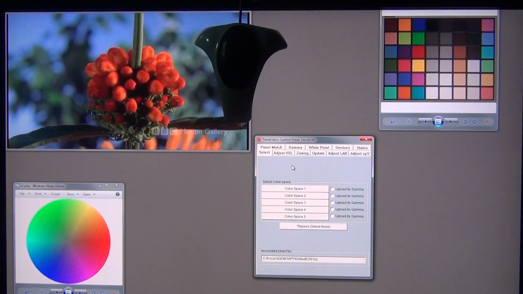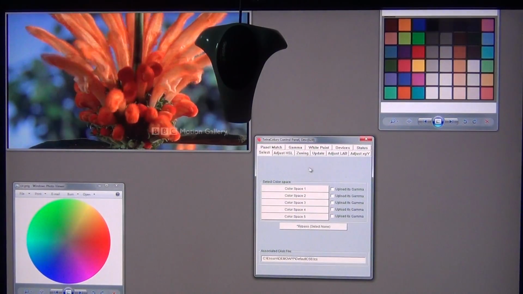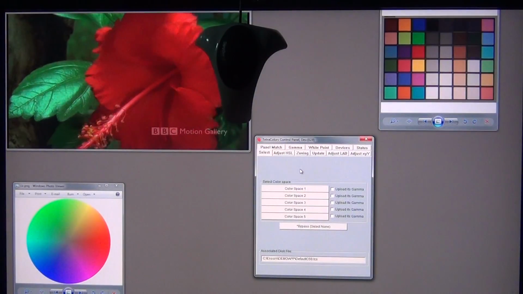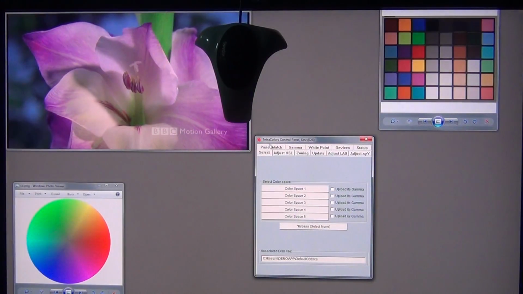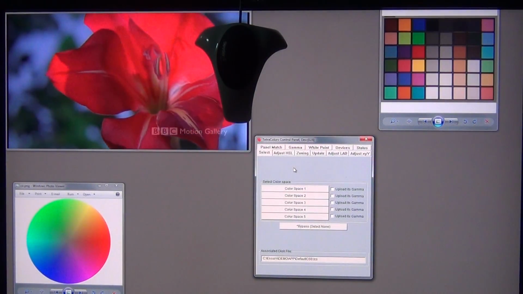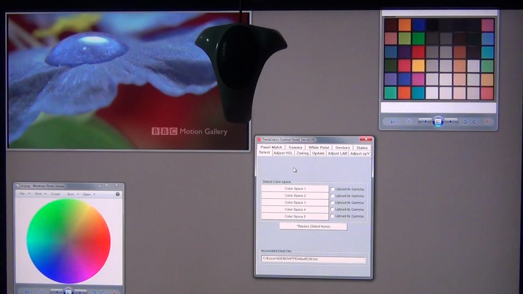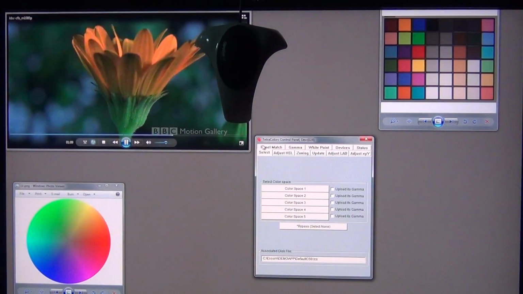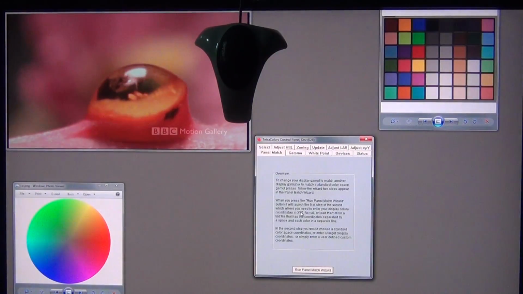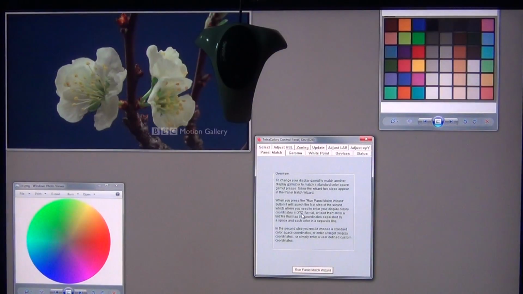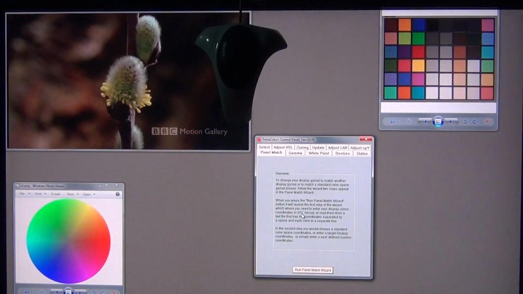This is a quick introduction to one of the powerful features of the control panel program. You can use this program to control your TetraColors device, which controls your display that's attached to that device. The panel match feature is a very powerful one, and it doesn't require any color expertise or color management experience